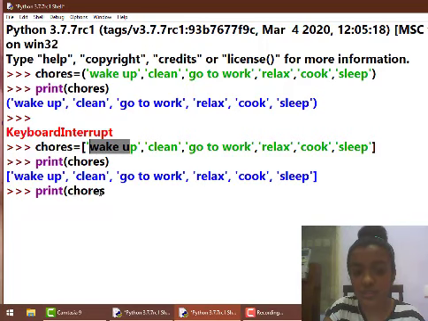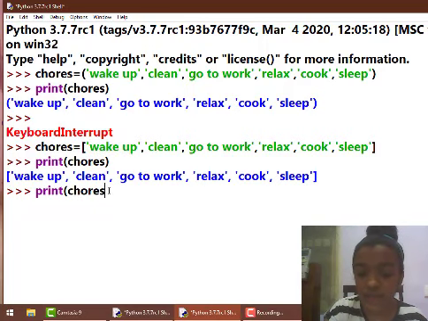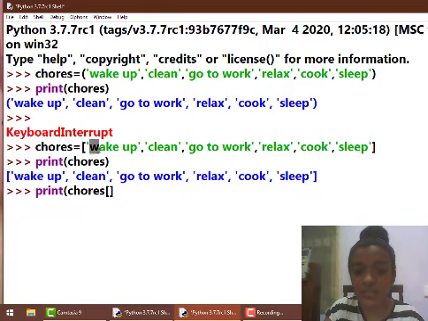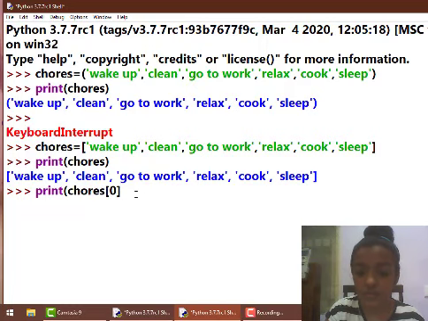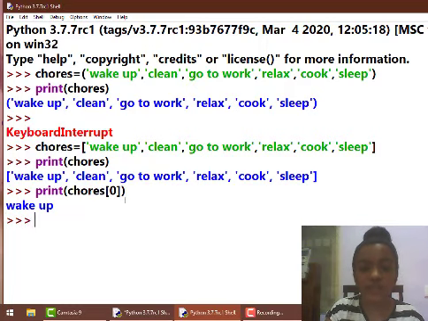So I am using chores here and then square brackets, and inside my square brackets I have to use the index which I need to print. Since I need to print wake up as my output, and wake up has the index 0, I have to type 0 here and then close the square brackets. Now if I press enter, Python will print wake up alone as my output. Let's try it one more time.